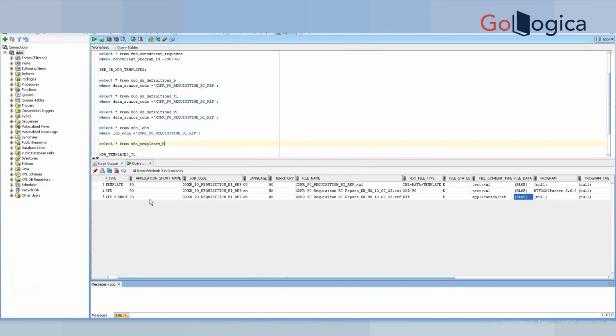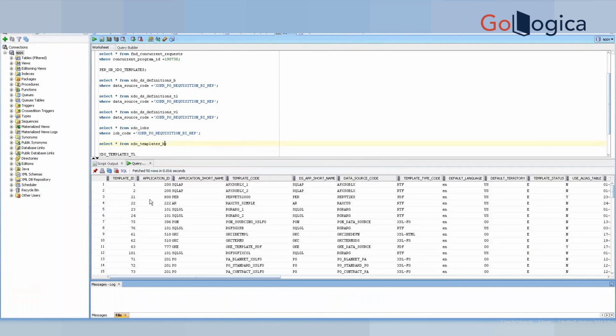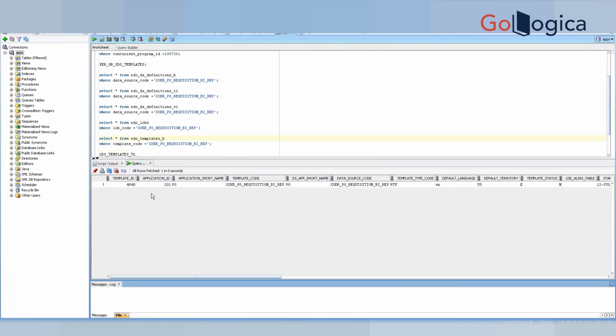These tables are very important. You can see all the templates, the template code. The template code is nothing but, suppose you know only the concurrent program name. How are you going to find the data definition and template based on the concurrent program? So I have to do a join. What is the join condition? Where